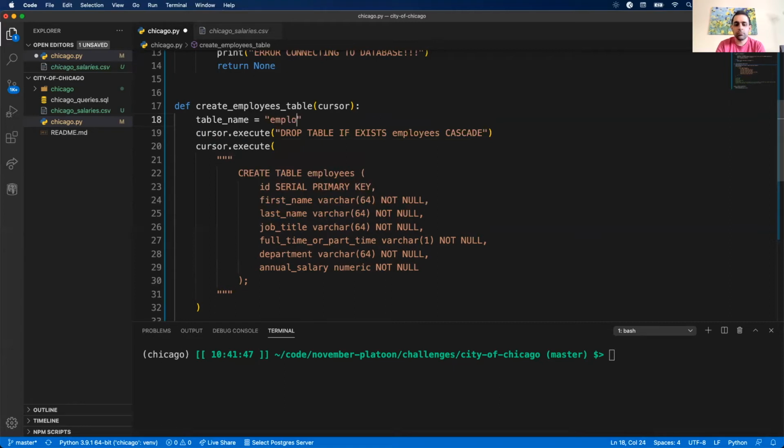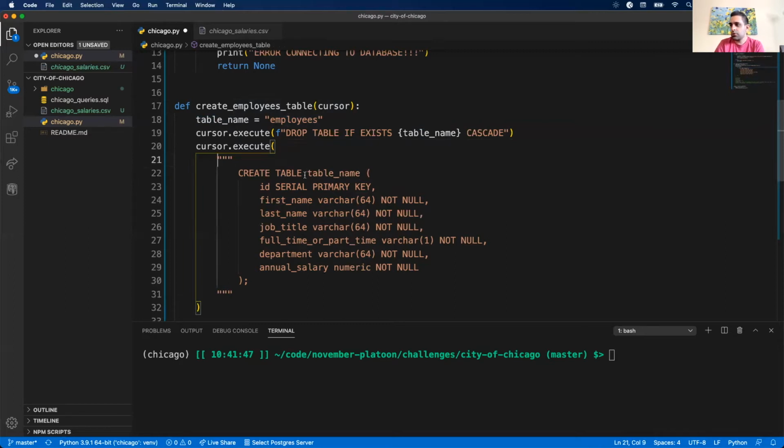All right, since I'm using the same name a couple times, I might as well use a variable in case I want to change it later. It'll just be easier that way. So I'm going to create a table name and pass that there. Again, if I wanted to make this more generic, I could have this function take in the table name instead of me hard coding it here. But in this case, I know I only want the one table right now. So again, if I want to modify it later,